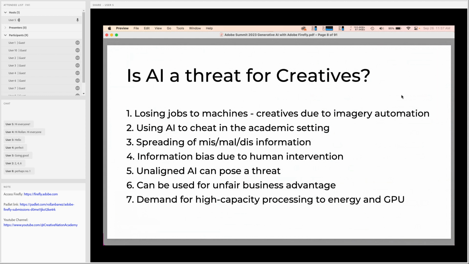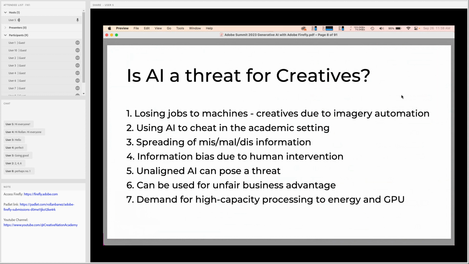I can definitely relate because last March when I was testing Adobe Firefly, I felt threatened with the technology itself because it gives us a lot of ways to create and also to actually misuse the tool itself.